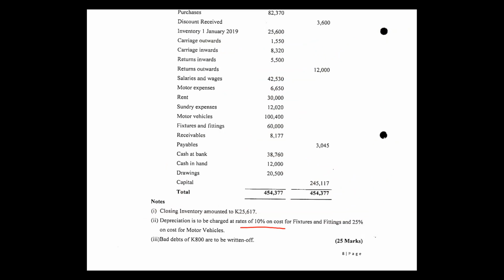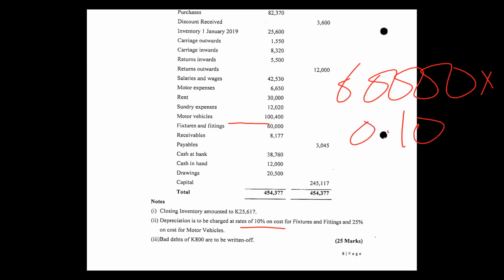So it's 10% of fixtures and fittings. Fixtures and fittings is 60,000. So what is the depreciation? 10% of this, 0.10. What is 10% of fixtures and fittings? 6,000. 60,000. Then what about? 6,000. Okay. 6,000. Then we go to